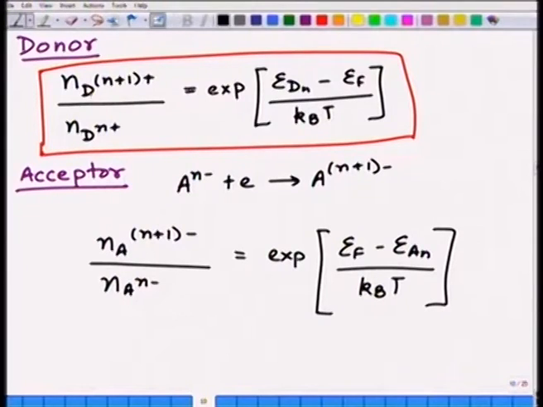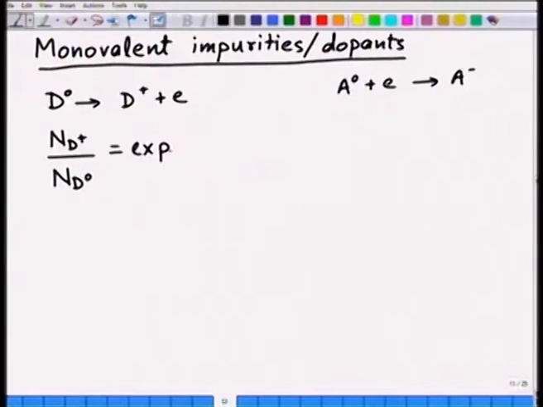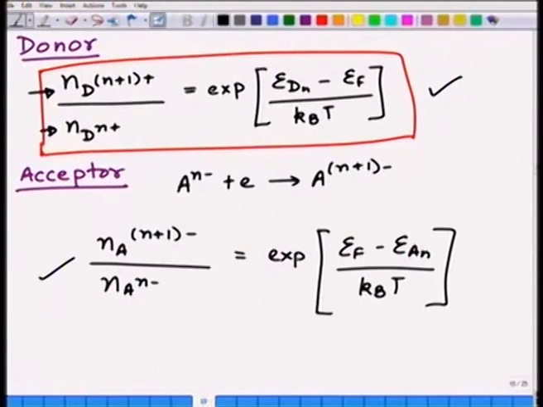For donors, we had the number in the plus extra charge state divided by the number in the original charge state. We will write this with a different symbol. I will use capital N now, which is more commonly used: N d plus divided by N d in the 0 charge state should be equal to e to the power E d minus E f, so E d minus E f by k b T. And similarly, instead of small n, I am starting to write capital N, which is the number of d plus type, ionized